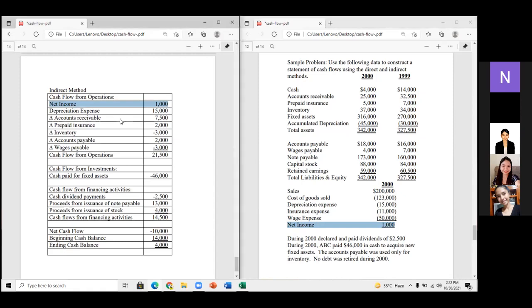So dito sa net income na 1,000, nakuha natin yan dito. And yung depreciation expense, in-add natin siya. Depreciation expense, ayan. In-add natin siya. Tapos sa accounts receivable naman,